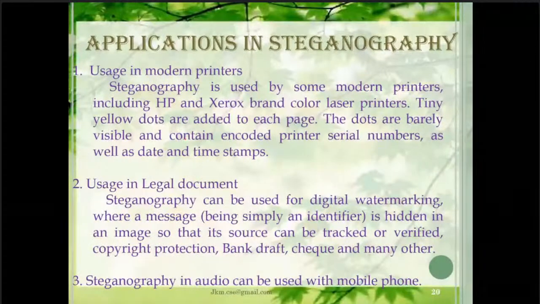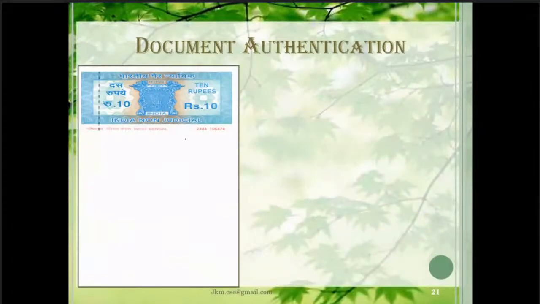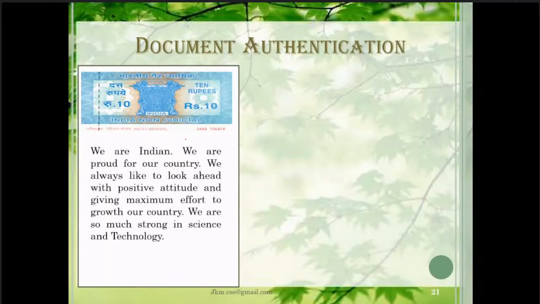Now let us see one application of this steganography. Then we shall go into the technical details. You see, this is one legal document. What is inside the legal document? We have some stamps, we have some written statements, and we have some signature stamps. So a lot of things are there jumbled together.